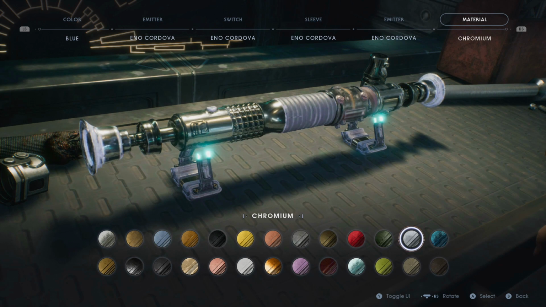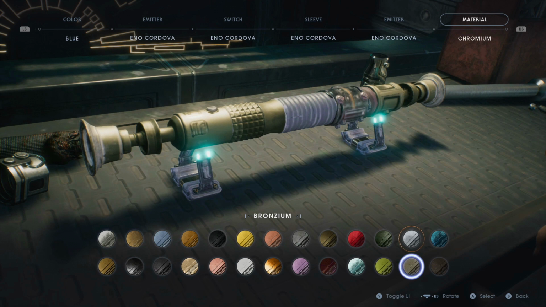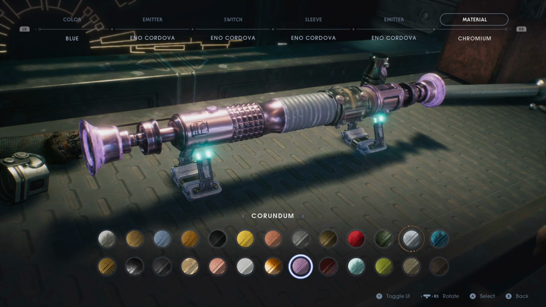Then we've got Dunium, Chromium, Duralium, Neuranium, Bronzium, Laminar Steel. I don't know, I'm going to say this is Arctron or Arcatron. It's really lovely. That's probably one of my favourites. Chrodium, Corundum, Haitian Smelt,